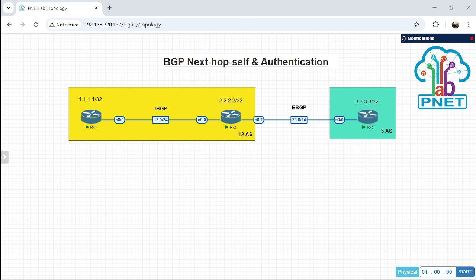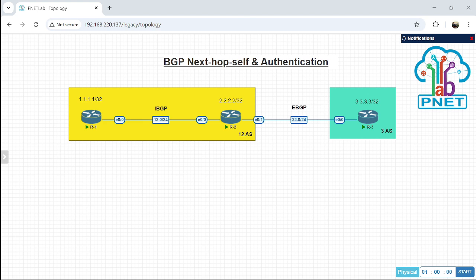is a feature in BGP that is used to change or manipulate the next hop information on routes received by a BGP router, and then forward them to other routers in the network.